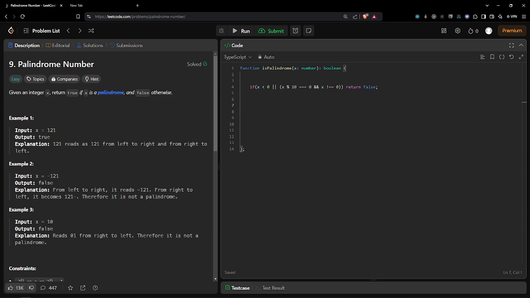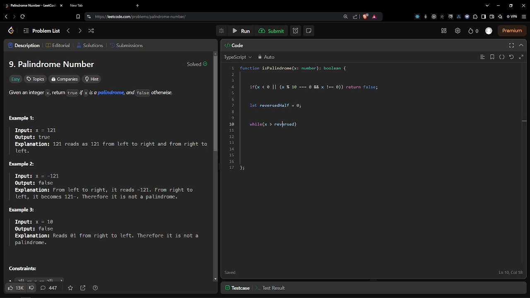So what I will do, I'll make a new variable. In JavaScript or TypeScript, we make variables using the let keyword. So I'll write reversed half of a number. Let us suppose it is 0, right? I'll say that this is the reverse of a number. And what I have to do is a while loop while x is greater than reversed half. So it is a simple loop, as you can see.